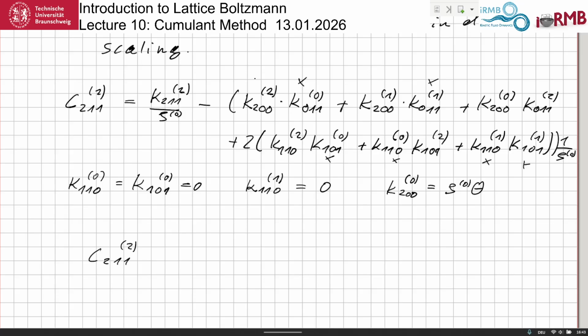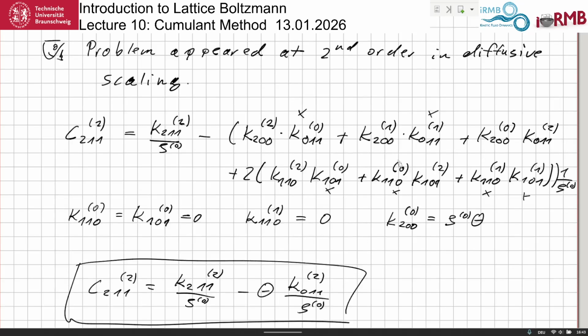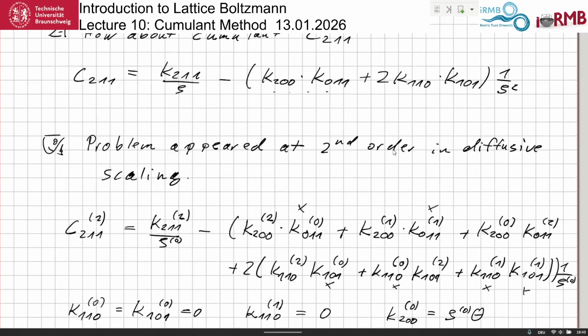C211 to second order is K211 to second order divided by rho 0 minus theta K011 to second order divided by rho 0. Now this is what we do the relaxation on. And what you observe is that